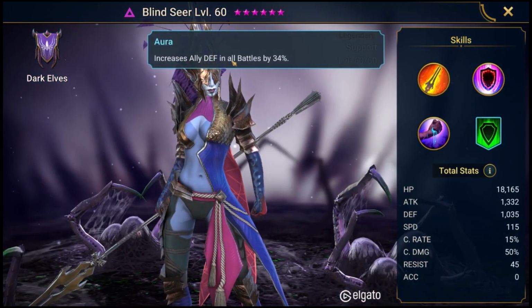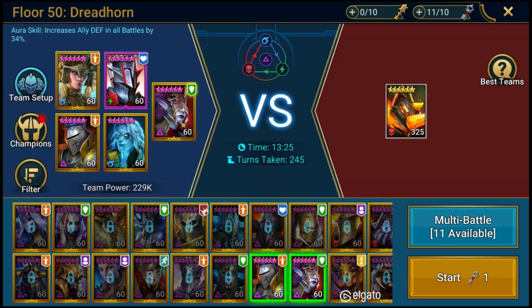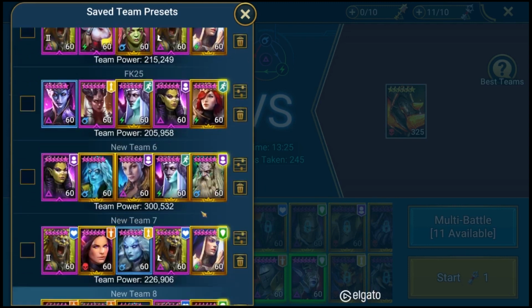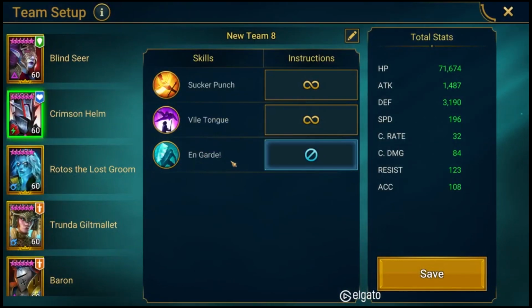My defense needed to be buffed up a little bit, and that's the reason why I'm using Blind Seer, because she has a defense aura. So allied defense in all battles 34%. That should get me above the 3,500 that I wanted to go for, or 3,300, whatever it is. Crimson Helm. So if you want to know what the setup is,